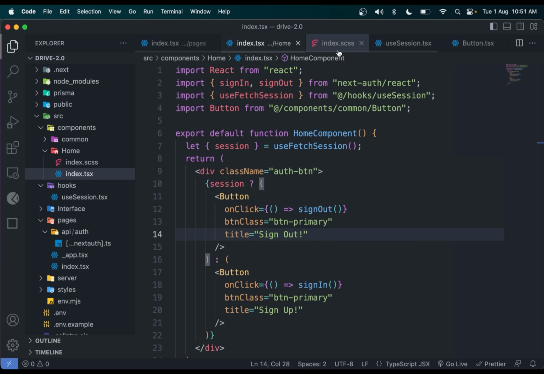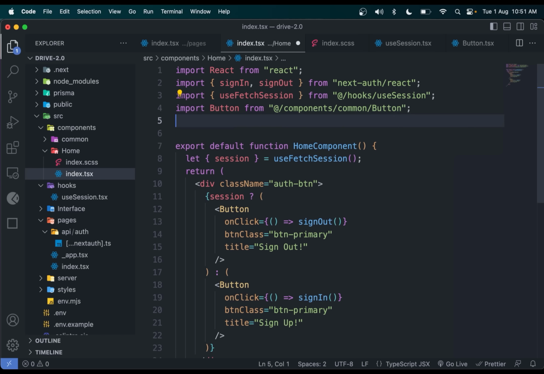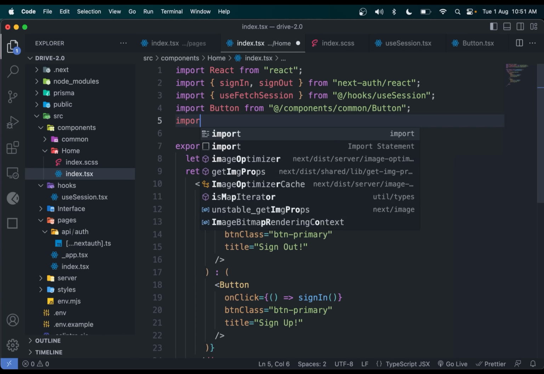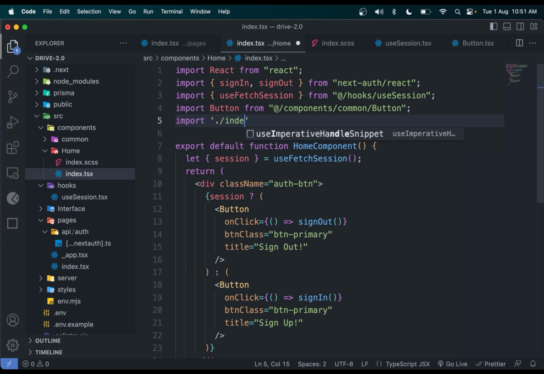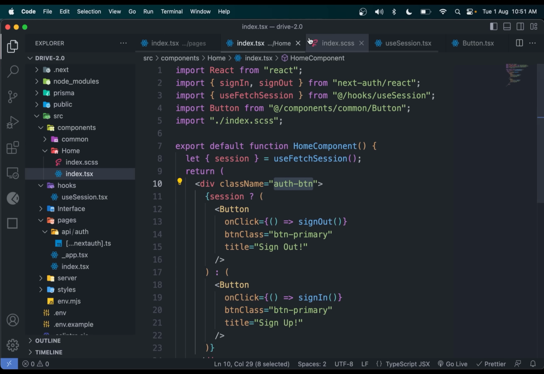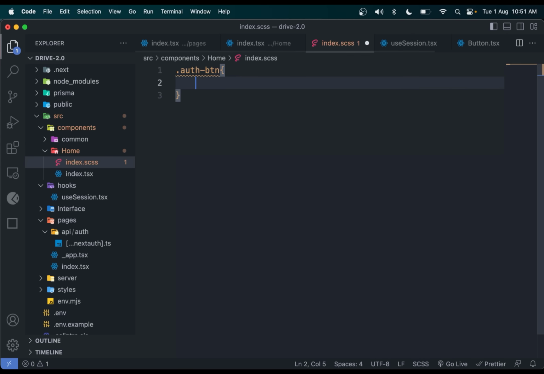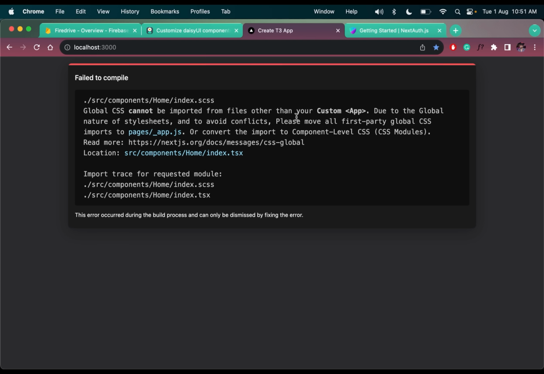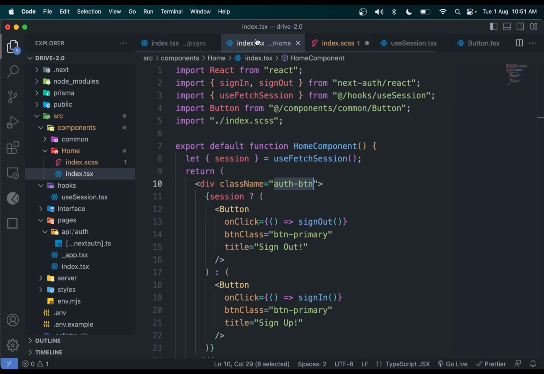Now let me import this CSS or SCSS file in the home. So import index.scss. Now we need to use auth button class name in the index.scss. So this should be okay. What is the problem? Global CSS cannot be imported in the files other than custom CSS. Okay, I think this, yes, I forgot to mention that this Next.js uses